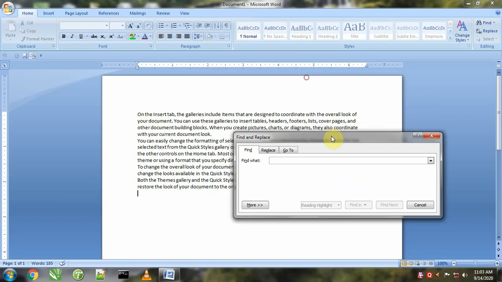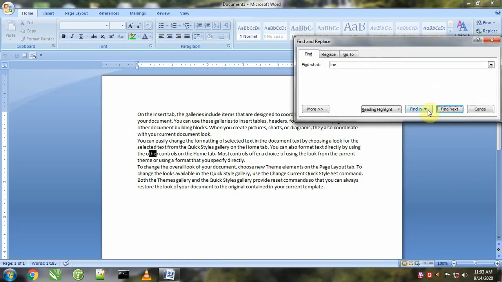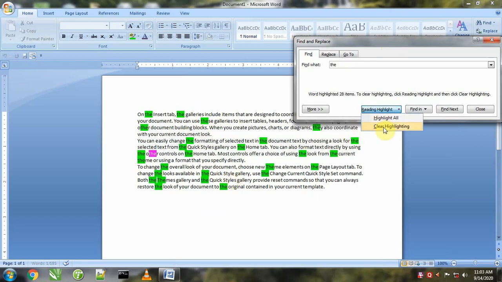We'll click on it and write the word that we want to search. Suppose I want to search "the", so I will click find next. We can look here, the word is highlighted, so again we will click find next, and one by one it will highlight the word present in the text. If we want to highlight all the occurrences, in that case it will highlight all the "the" present in these paragraphs. And if you want to clear the highlight, for this we will click on clear highlight.